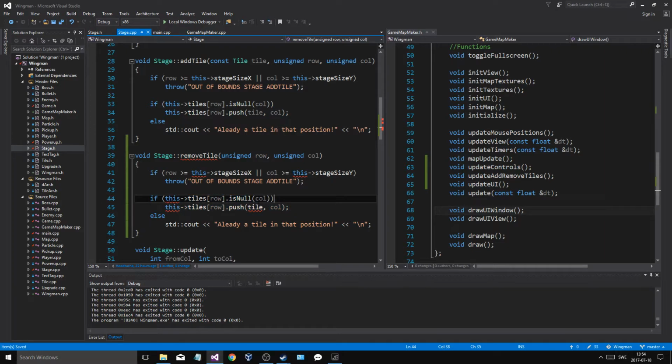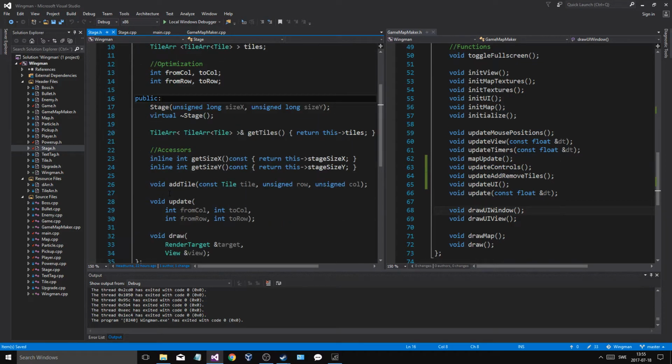If this tile row is not null, remove at column. No tile in this position, in that position. So there we go. Copy this, go in here,